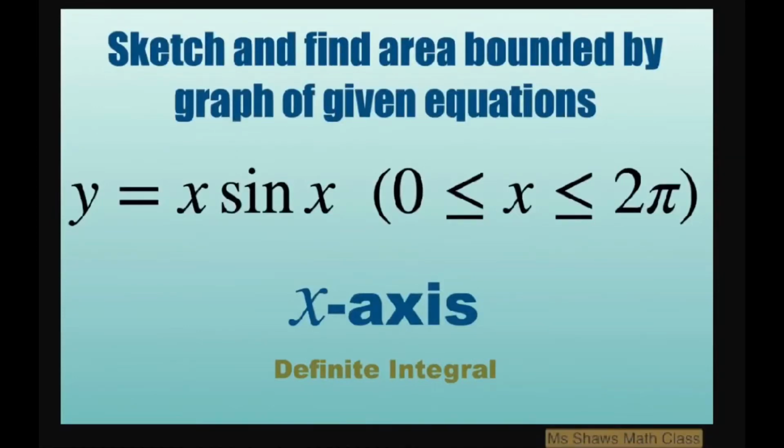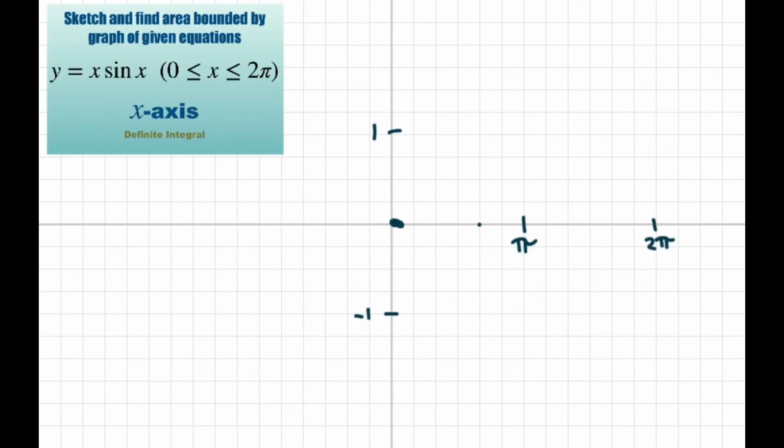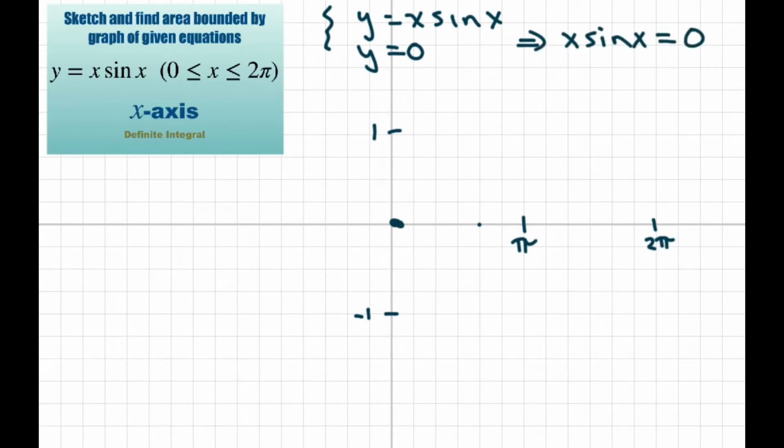Hi everyone, we're going to sketch and find the area bounded by the graph given y equals x sine of x and the x-axis. So basically, let's set this up. We have, for our system, y equals x sine of x. And also when y is 0, we're going to have x sine of x equals 0. So solving for that, we get x equals